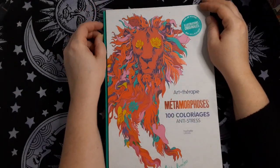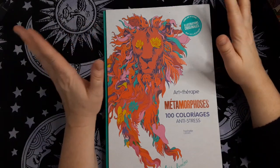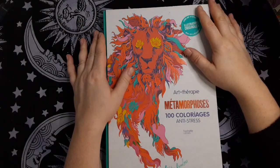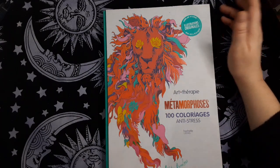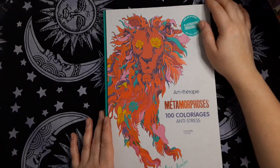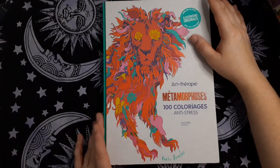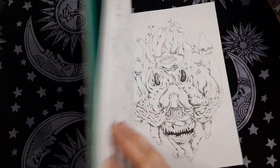is the most amazing book that I've ever found. I've seen a smaller version of this that Olga Rani has, of this artist's coloring book, or a coloring book by this artist, Emily Barnathan. I love it. It is so weird. And I can't remember his name now. I looked it up when I was looking through this, but there's a